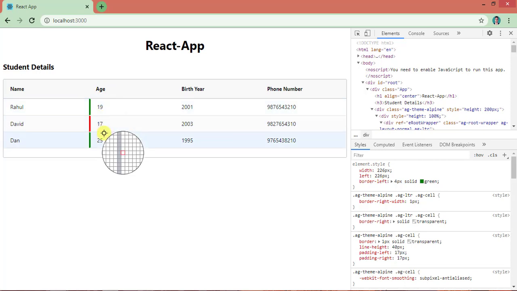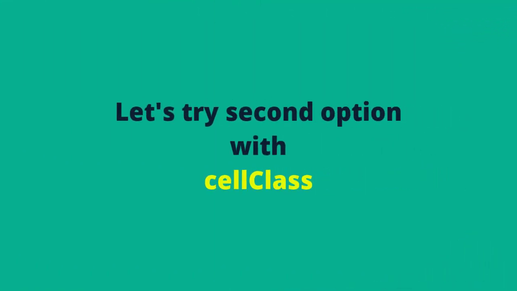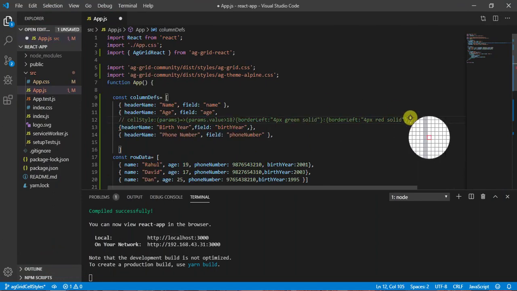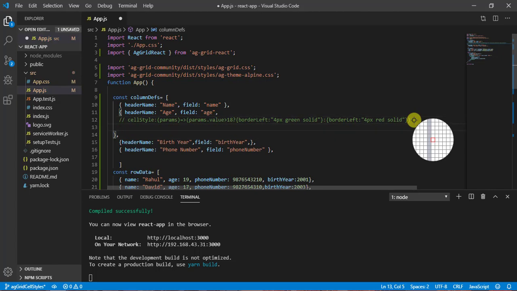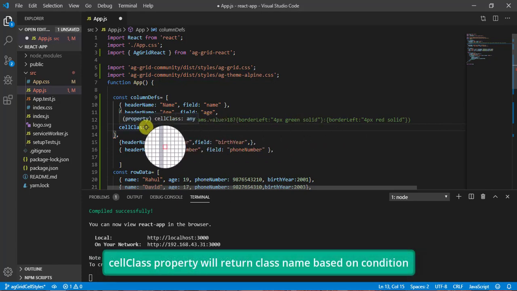Now this is one way how you can do that, because I am returning a style itself. So the next way, let's comment this code, and we can use another property called cellClass. Here what we were returning, we were returning the styles. Instead of returning a style, we can return a class itself.